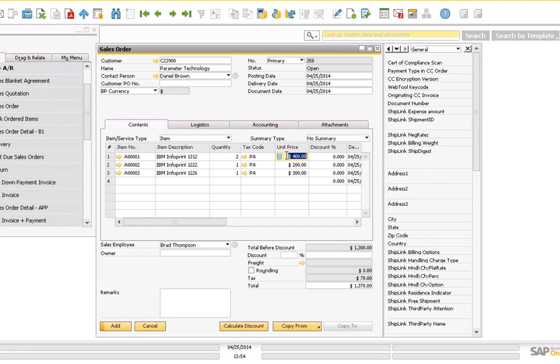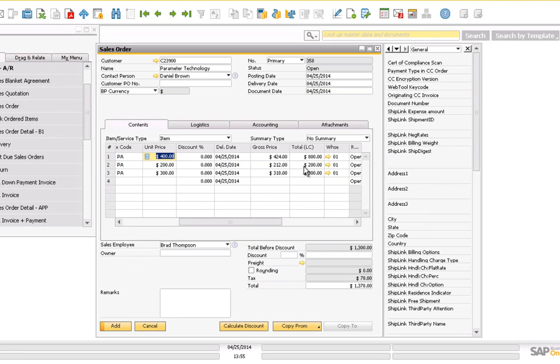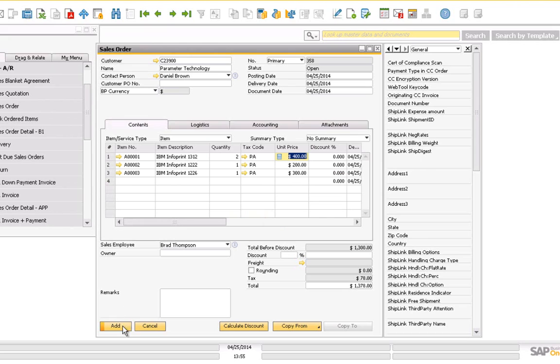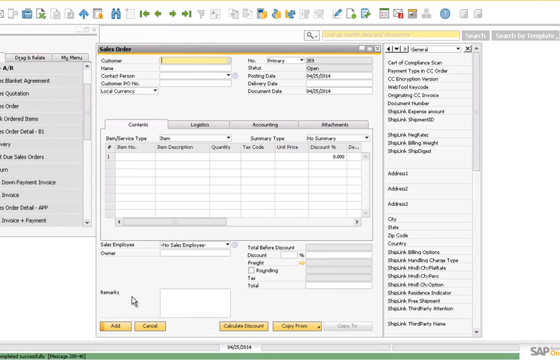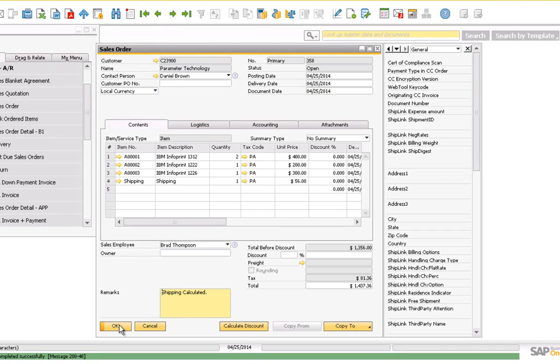With the quantity for item A00001 set to 2, the line total for the first line to be included in the shipping calculation is $800 and $200 on the second line, which should also be included in the shipping calculation. If I add the sales order to the system, and I bring up the added order once it's completed, you'll notice that there's a brand new fourth line added to the order with an item code and item description of shipping calculated at $56, which is 5% of the line total for item